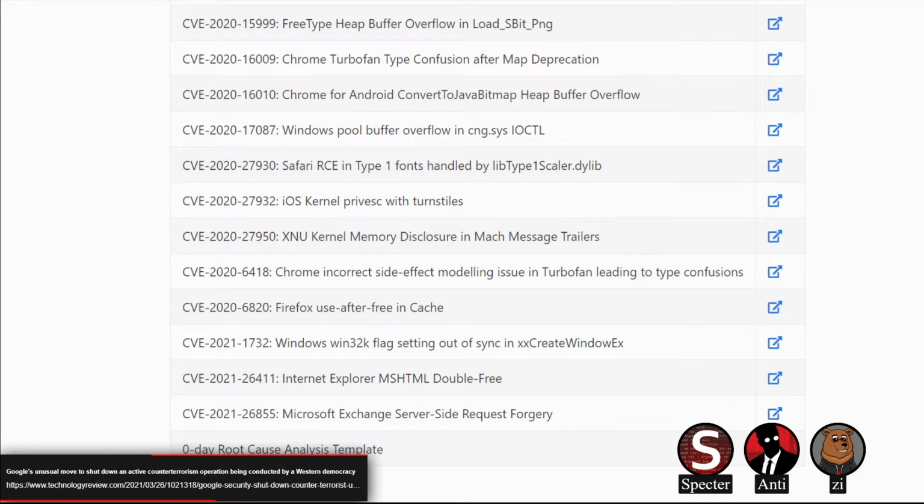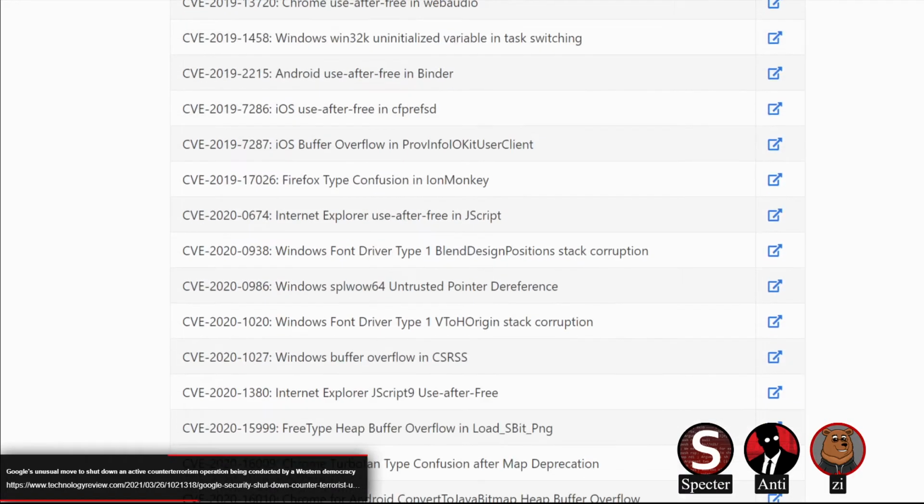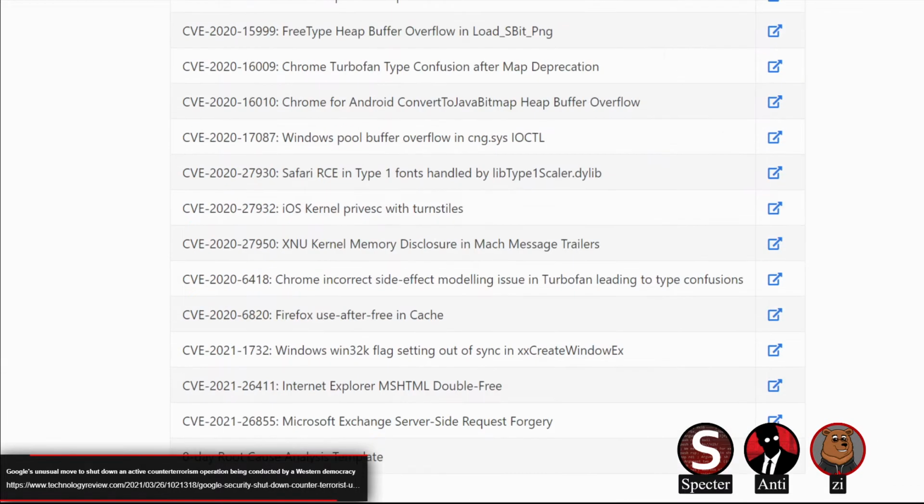Yeah, so where Z has the list pulled up, it was only a few of them that were their products, like Chrome and Chrome for Android. There were a lot of others on the list, like Windows and iOS as well. And to be clear, this list is all of the RCAs they've done. This is not all of the vulnerabilities from that specific incident. So I was trying to see if I could correlate these by date and just say like the last 11, or by CVE number, since that's how they're ordered on here, but it's not clear that that's the case. So that's other information that we're missing too, exactly which CVEs were involved.